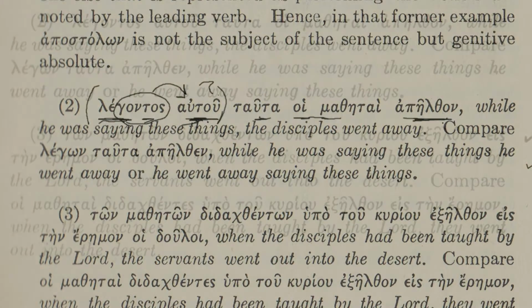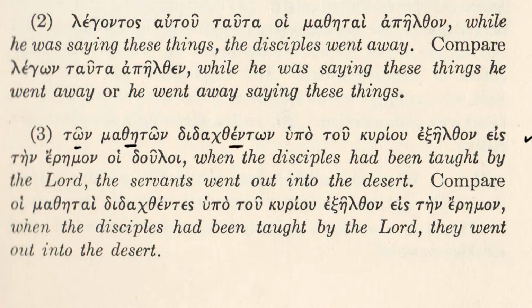And our third example, ton matheton didacthenton hupo tu kyriou, exelthon eis tein erimon hoi douloi. Well, once again, I notice that I have a genitive right here, ton matheton. I'm suspicious immediately. This is going to be a genitive absolute. My suspicions are confirmed when I notice I have a genitive, plural, masculine, ending on the aorist passive participle stem. And so, the disciples, having been taught, hupo tu kyriou, by the Lord, you see, and so there's my genitive